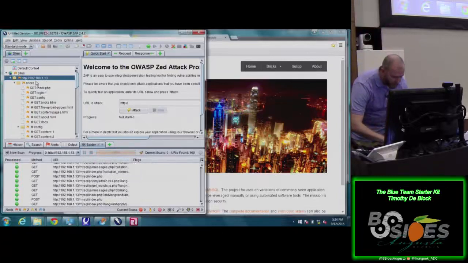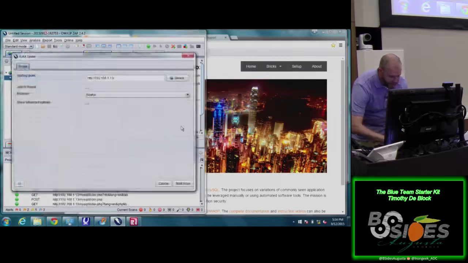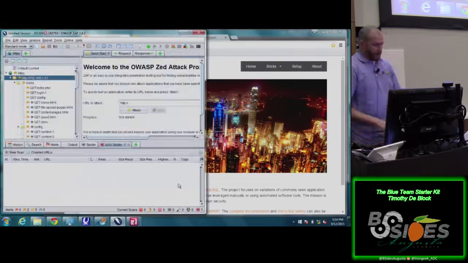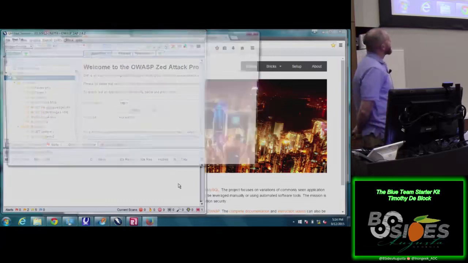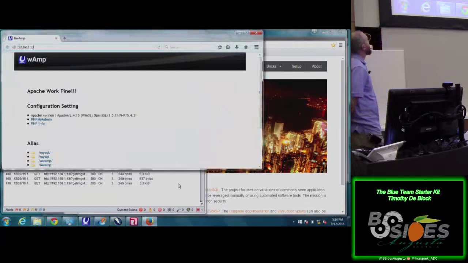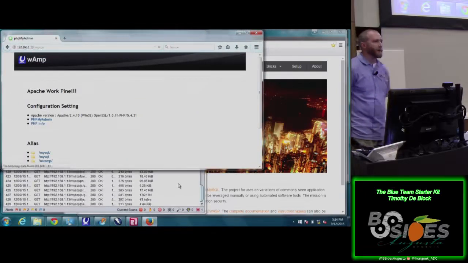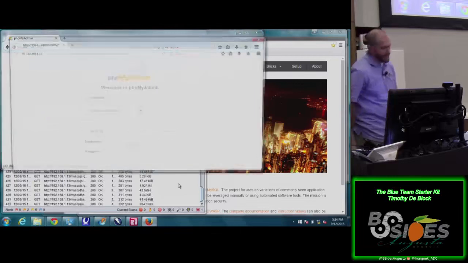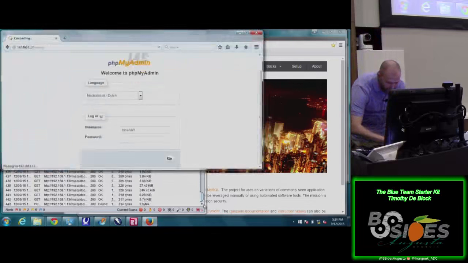There's also the Ajax spider for Ajax type of content. And this is actually one of the cooler things to look at, is that it's going to open up a Mozilla Firefox or whatever browser it has support for, and it's going to start running through the application for you, submitting different things. So it's just going through Ajax type of content on websites. And that can run for a while, so we'll actually go ahead and stop that.